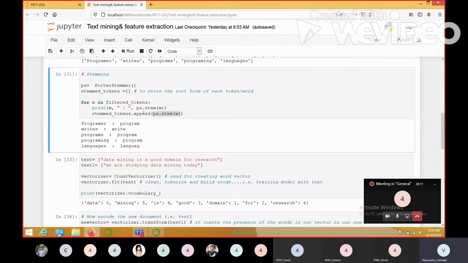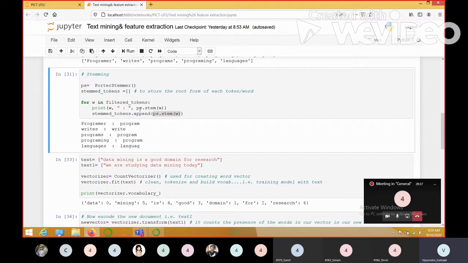So as an output of this, you can see over here: programmer, program, writes, write, programs, program, programming, program. Languages, you can observe, S should have been cut off, but ES has been cut off.